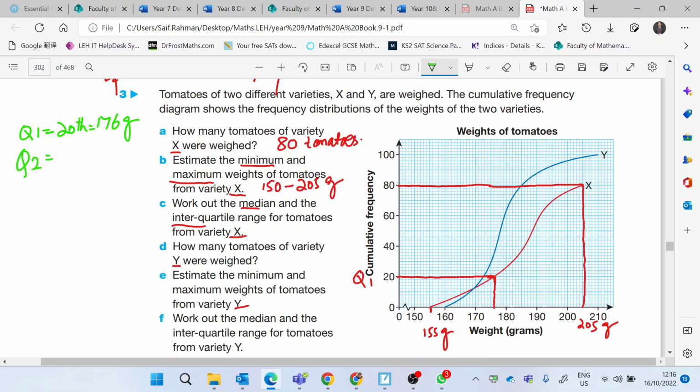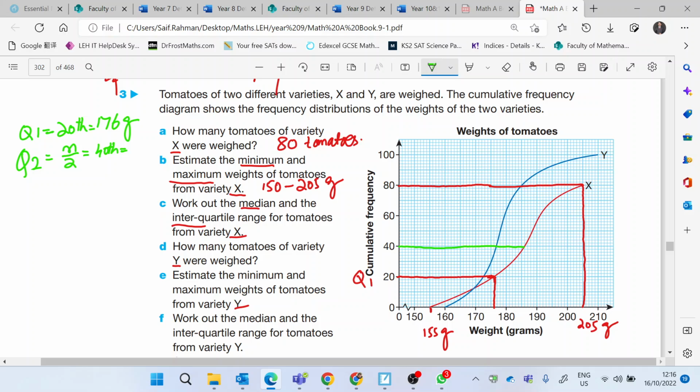Q2 was this one, it's number 40, because it should be n by 2, so n is 80, so it should be the 40th. So the 40th tomato was,